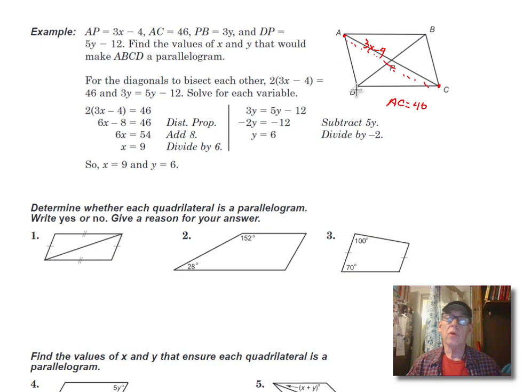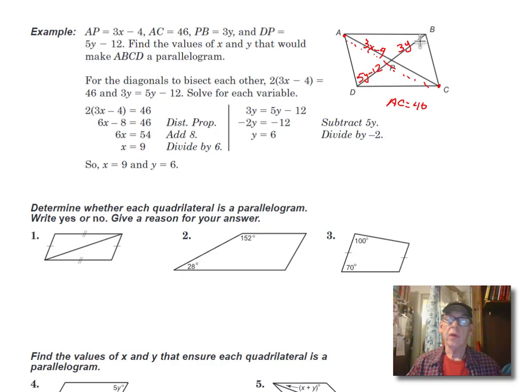And PB is 3y, P to B is 3y, and DP is 5y minus 12. So diagonals in this parallelogram, diagonals bisect each other. The y's are on this diagonal here,